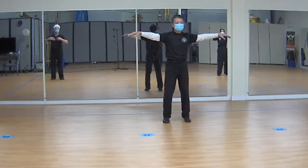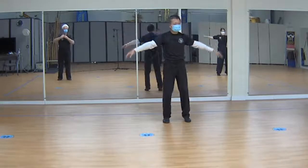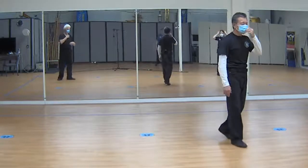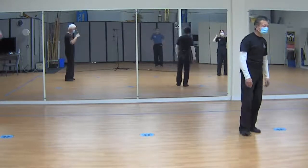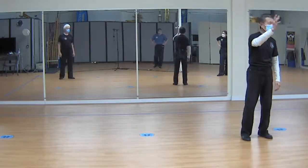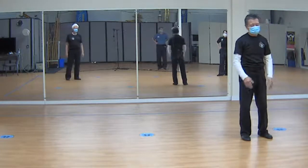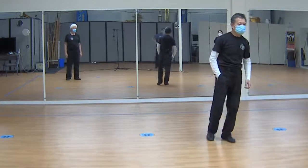So that was the complete re-choreographed form. And we just didn't do the repulse the monkey and the downward posture the first time, saving the knees. So anyways, you notice in the end of the form, there's a lot of palm strikes, and then there's a lot of grasp the sparrow's tail. So they're saying that those postures must be important,